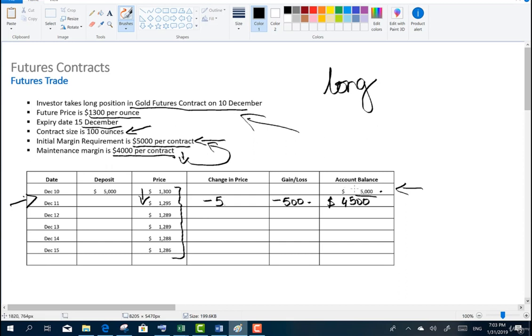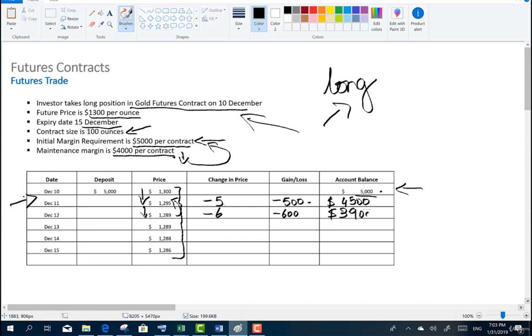Now see what happened on the second day. On the second day, the price further dropped to 1289. So now you compare this price with the previous day's price, and the price drops further by minus 6. Why have we taken minus 6? Because declining market prices negatively impact the long's position. So for 100 ounces, the total loss would be $600, and the account balance will drop to